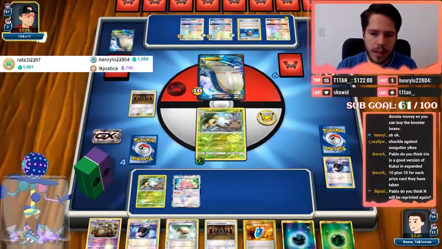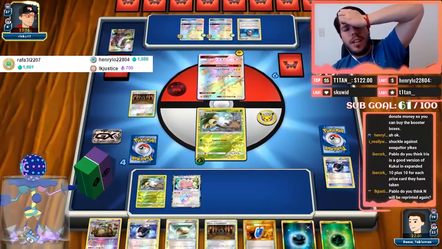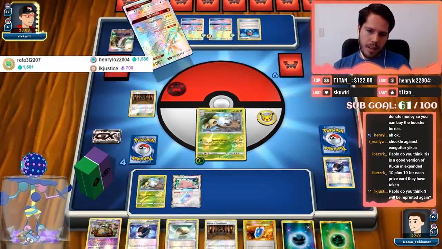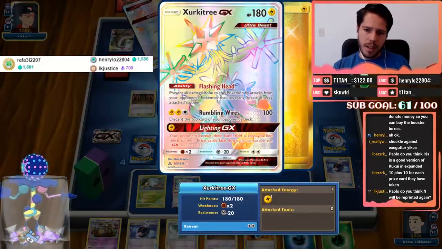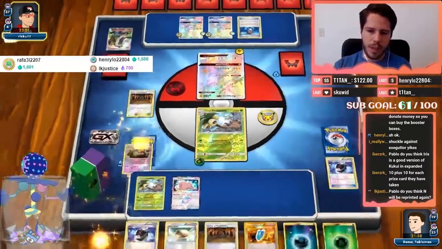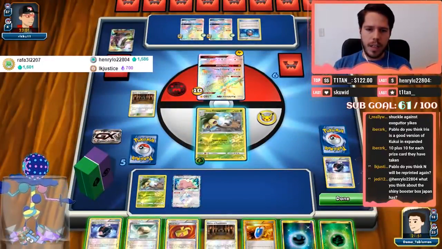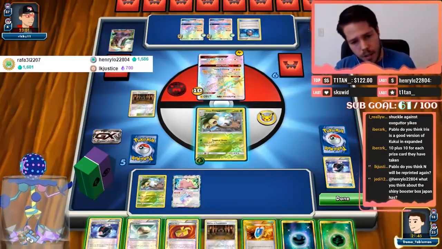We're gonna see a Surrogate 3 GX. Oh no. Circuitry GX just in time. Right, he's gonna put my Garbodor into my prize cards. Which prize cards did I grab? The bottom two or the top two? Okay. Why can't I see my prize cards? Why can't I click on my prize cards to see them? Okay. So...